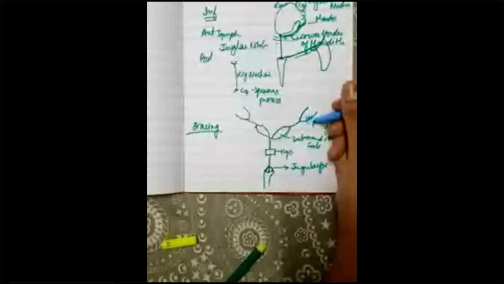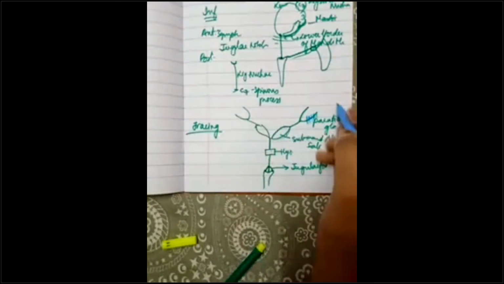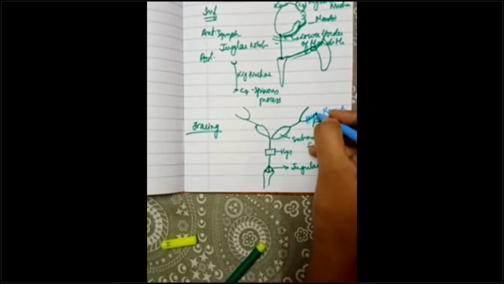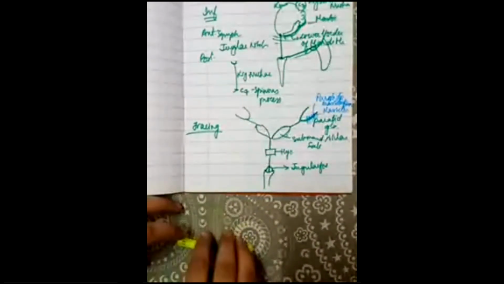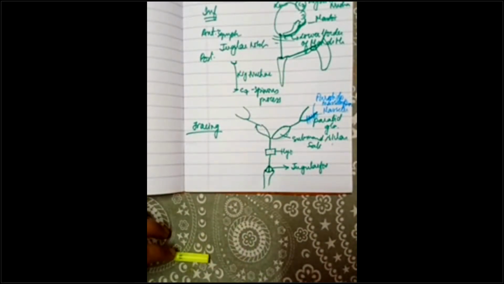Okay, so here is your parotid salivary gland, and again there is a modification here. Above the parotid gland you will have your masseter muscle, the muscle for chewing. Along with this it will form a tough fascia called the parotido-masseteric fascia. Okay, is it clear till now? Anyone has any doubt?